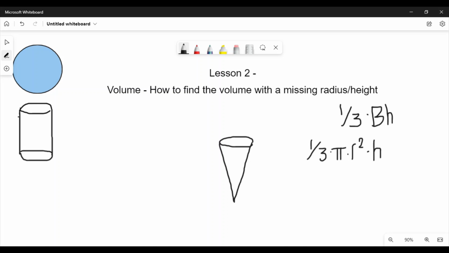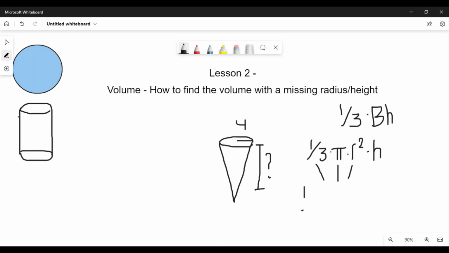So I'll be starting with the missing height. We know that the radius is, let's say, 4, and we don't know what the height is. In order to find it, you have to do everything in the steps but the h. So we know we can multiply the 1/3 and the pi and the radius squared. When you multiply all those together,